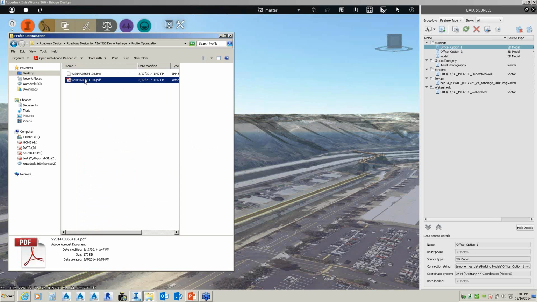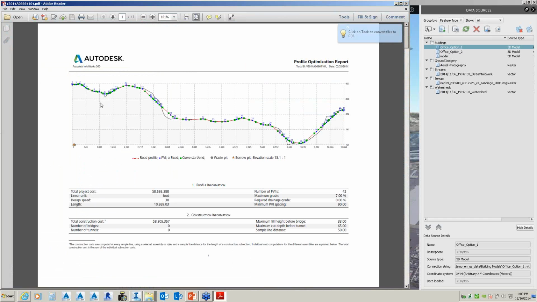I can run that profile optimization, and then it sends me a report of that road that I sent out.